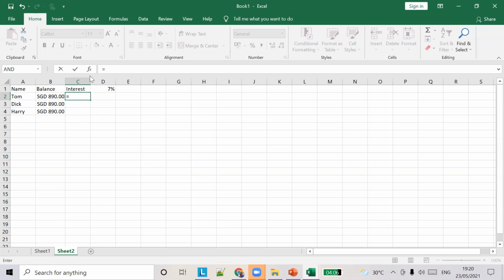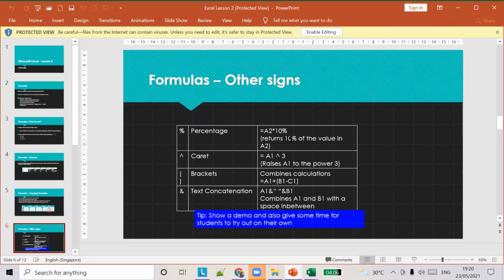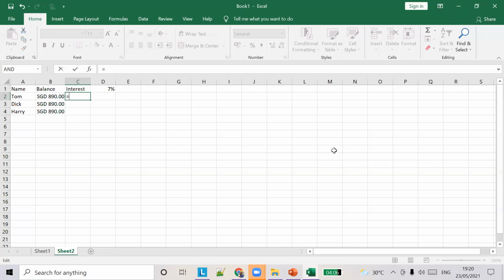We have to find the average of the percentage of interest he is going to gain. Okay, so what is the percent formula? Can somebody tell me? This is the formula, 8 into 10%. First we have to calculate B2, so B2 into how many percent?